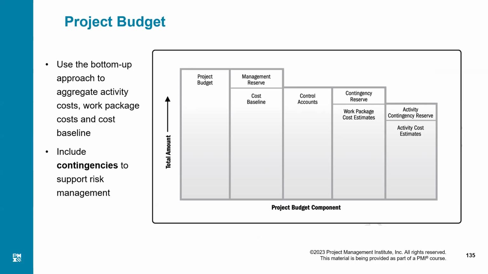There were 5 control accounts. So when you add up those 5 control accounts, that will give you the cost baseline, which is your S curve. And on top of the S curve, the BAC value, budget at completion, on top of that, we have some management reserve. If the management reserve is added to the cost baseline, that is the BAC value, then it comes out to be the total budget for the project, which includes the management reserve.